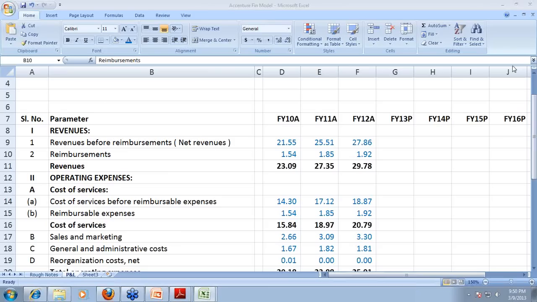So whatever I'm doing right now in front of you, even if you are not able to keep pace with me, don't even worry about that. As long as you understand what exactly I'm doing, you can try it offline once you are free. This file will be sent to you exactly in the same format where I'm going to leave it today, and we'll start from this in the next webinar. Because the idea behind this session is to model it right from a blank Excel file. So don't worry if you are not able to keep pace, as long as